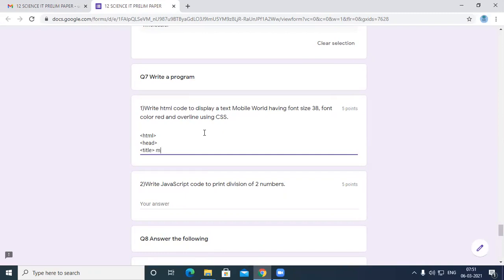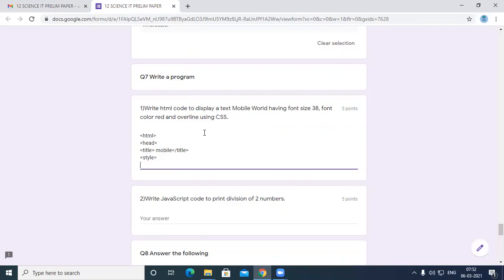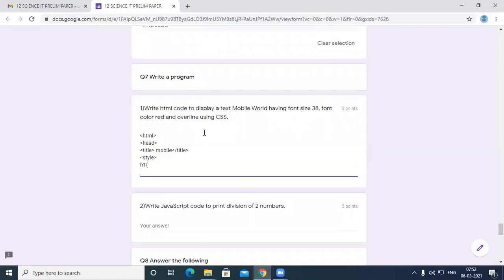This is mobile world that I have written here. The style I will be giving here. Now see, I have written H1 for my styling, then your curly braces will be there. After that, you will have to write this coding. It asks for font size, font color, and overline using CSS. So what will you be writing?